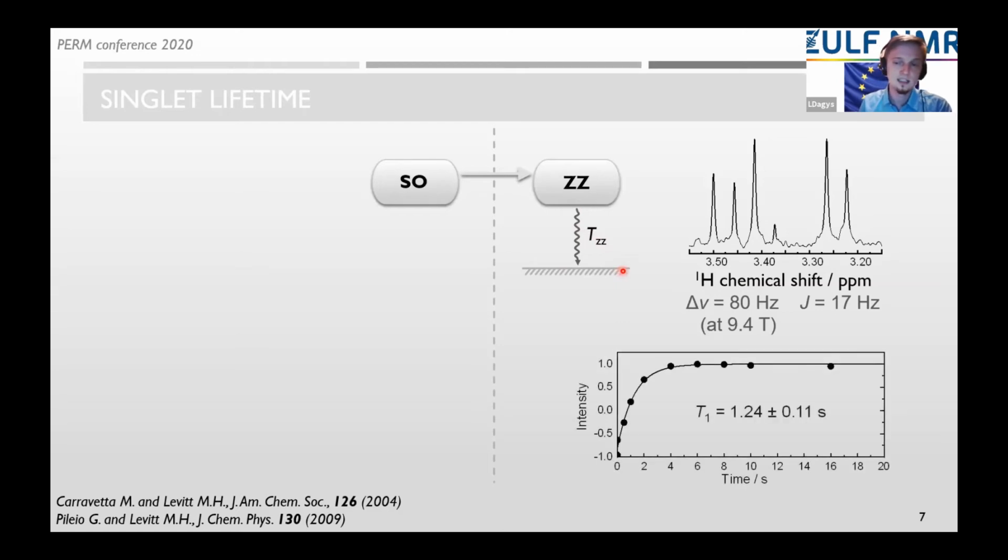Just as a reference, the T1 of this system in such magnetic field at room temperature is around 1 second, which isn't a lot. So it means that ZZ order would also decay quite fast, maybe not with the same rate, but still relatively fast. But then one may use a technique that we call spin locking. And spin locking essentially doesn't allow singlet-triplet mixing to happen, such that singlet order can